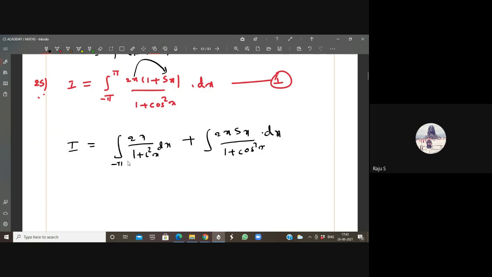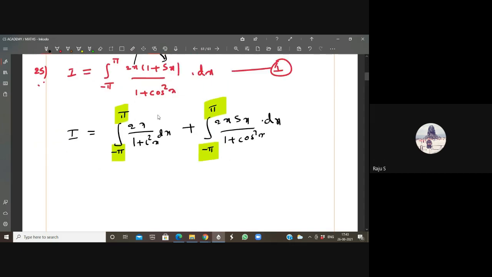Yeah, minus pi to pi. There is an advantage in this kind of question. What are the limits? The limits are the same but with opposite sign. Got it? When the limits are the same with opposite sign,